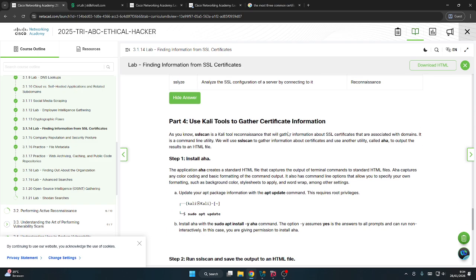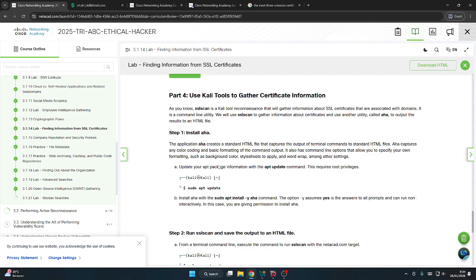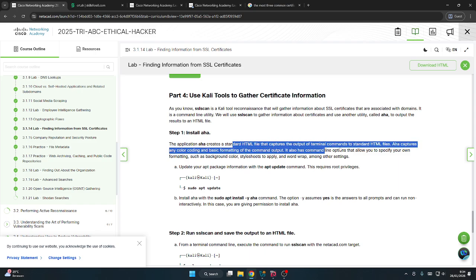Part 4, use Kali tools to get the certificate information and install AHA. The application AHA creates a standard HTML file that captures the output of terminal commands. AHA captures any color coding and basic information of the command output. It also has a command line option that allows you to specify your own. Update your apt package information with the apt update command.